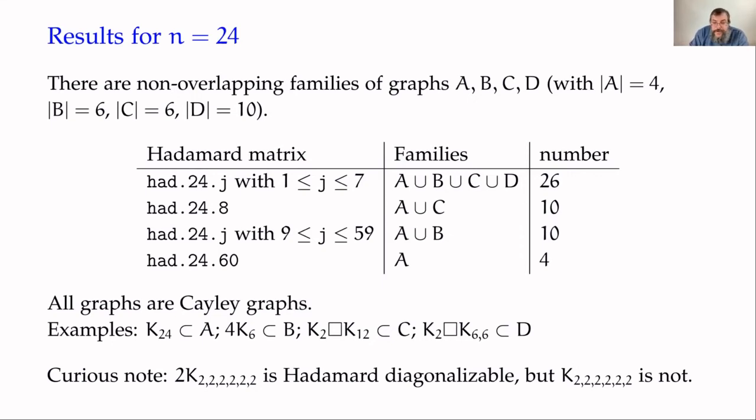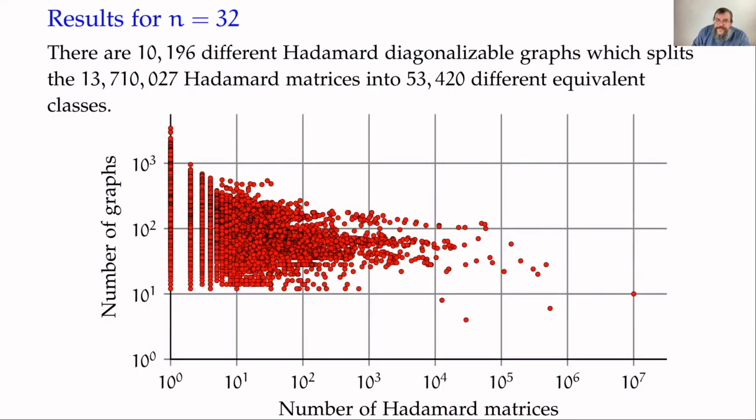So, 28, no surprises. 32, might take us a while here. There's a lot of graphs, and so we're not going to discuss all of them. There's 10,196 different graphs which were Hadamard diagonalizable. Now, there's also a lot of Hadamard matrices,